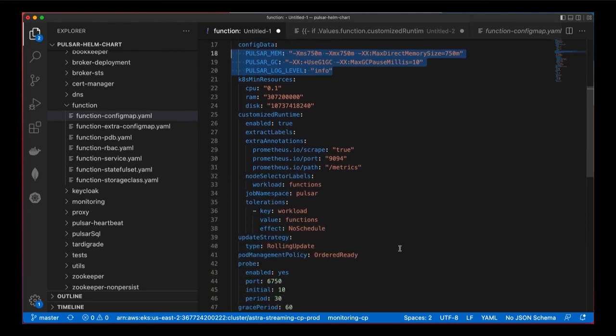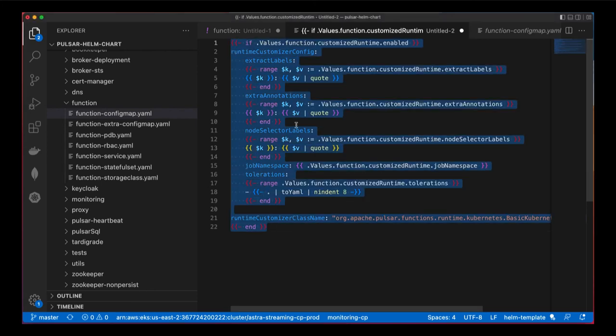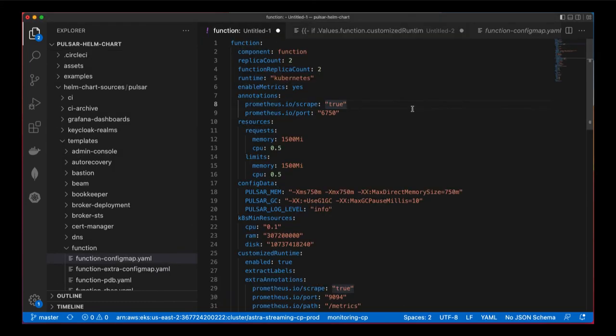To customize things further, in Kubernetes mode, the Pulsar function spawner can use a custom class when generating Kubernetes manifests. Let's switch temporarily to the extra Helm template code required to configure a customizer. The template code here should be added to the function worker config map. The code specifies both the function runtime customizer class and the customizer configuration properties. Switching back to the Helm values configuration,